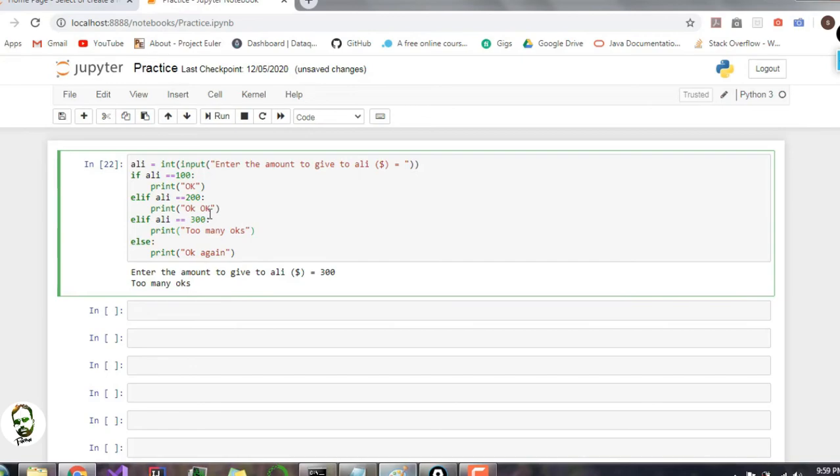Now there cannot be an else if or else without an if. There can be an else without an else if, but not without an if. Don't worry, it might sound confusing, but after you practice a few times on your own, it will get easy for you. Now that will be all for today, I guess.